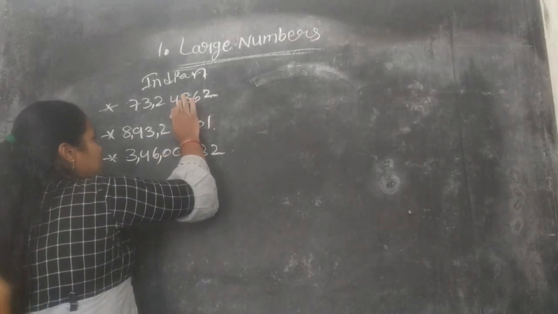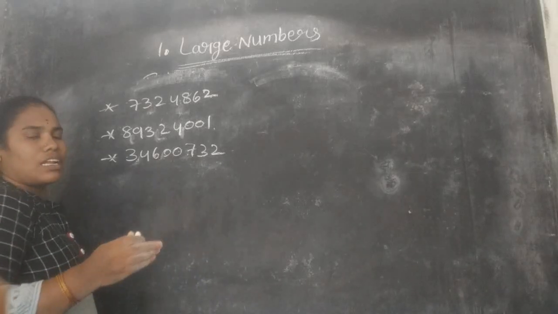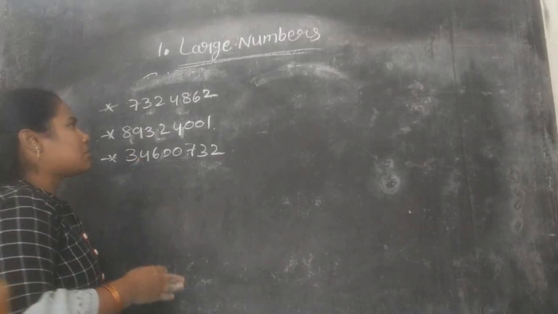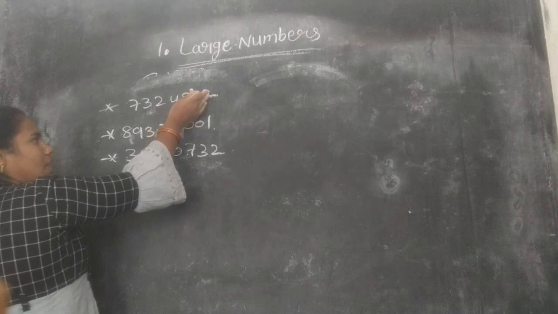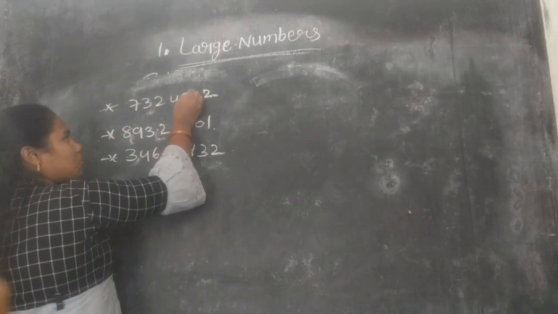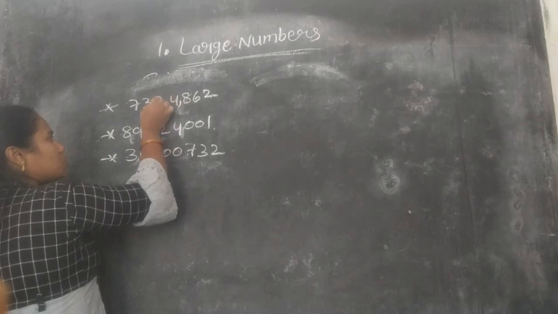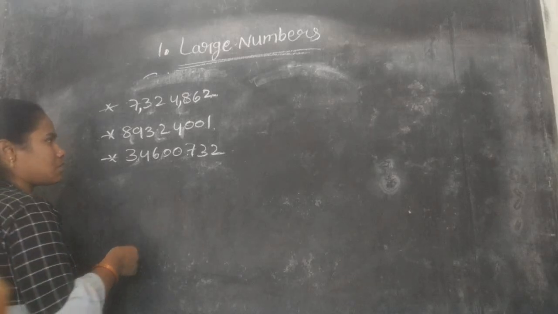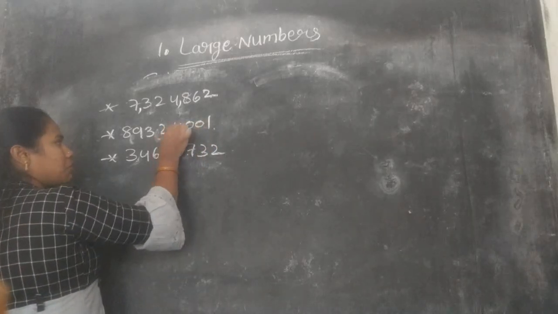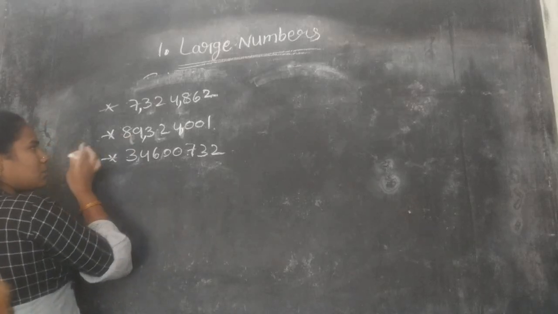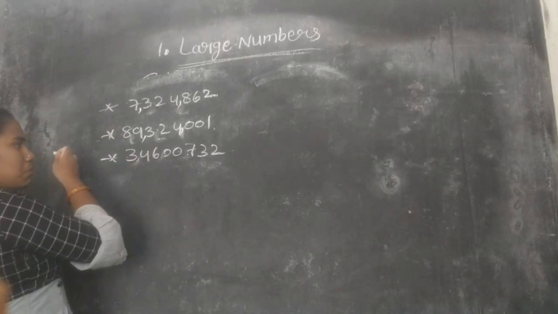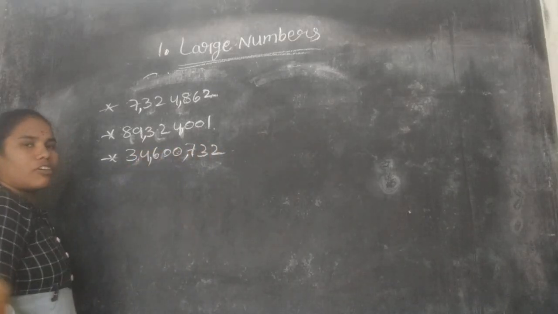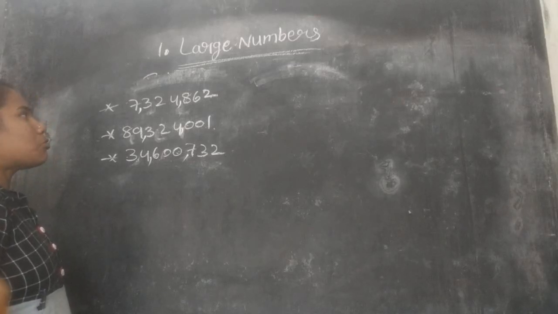And move on to the international system. In the international system, all periods have 3 place values. So we have to put a comma after every 3 digits. 1, 2, 3, put the comma. 1, 2, 3. Okay. So which system is this? International system. Then 1, 2, 3, 1, 2, 3. So the remaining only 2 digits are there, there is no number, leave that one. 1, 2, 3. 1, 2, 3. Okay. So this is the way to put the commas in